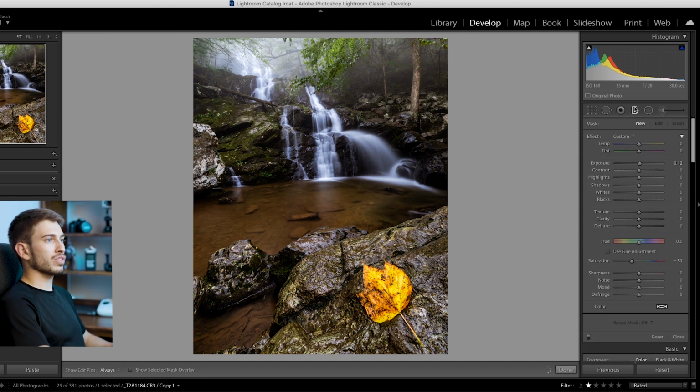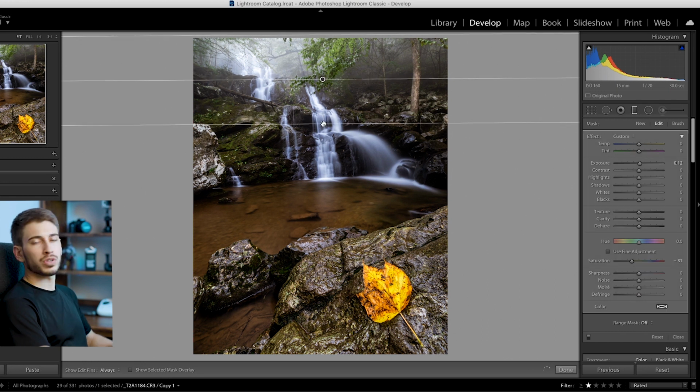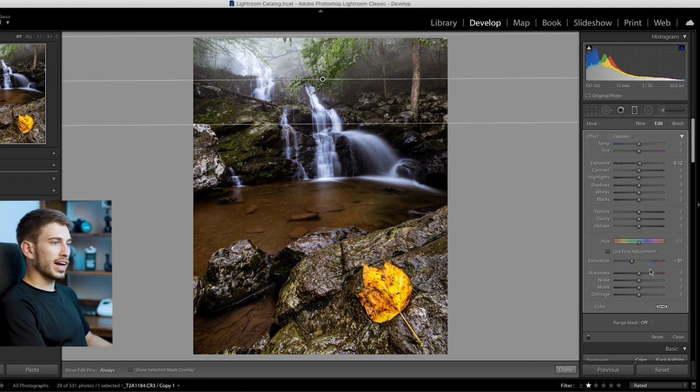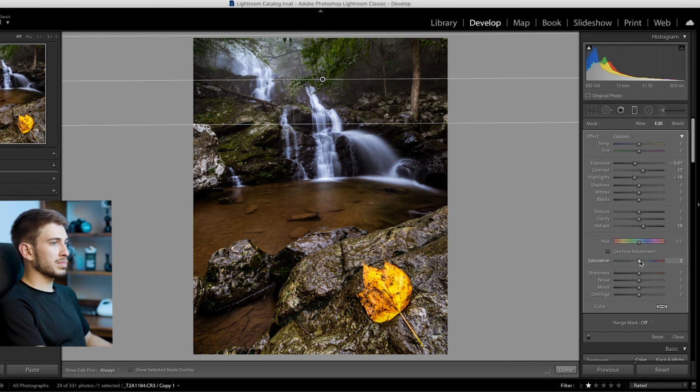I'm gonna take my graduated filter, I'm going to pull this down right about there. I want to darken the upper area right here. It's a little washed out. I'm gonna make sure that all my stuff equals 0. And then I'm gonna drop the exposure down just a little bit, drop the highlights down, maybe boost the contrast, boost the dehaze a little bit, and then maybe just a tad of saturation right there. And click done. That's just giving me a little bit more detail in those upper falls right there,